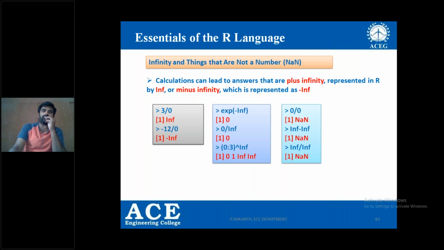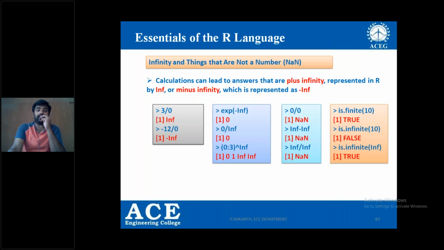Similarly here, you can also have NA, not a number. If any operation is performed and you get a result like 0 by 0, it returns not a number, NaN, right? And similarly, you can check whether a value is positive or negative, infinite or finite, whether it is a not a number or an existing number. All these functions are available in the R language, like is.finite. Basically, these functions are useful while writing programs.